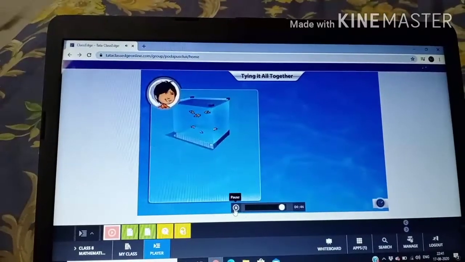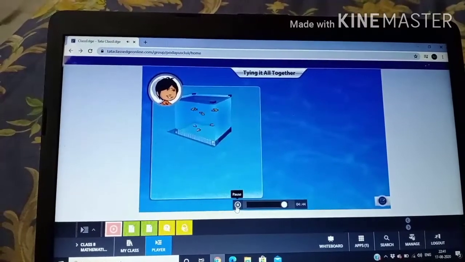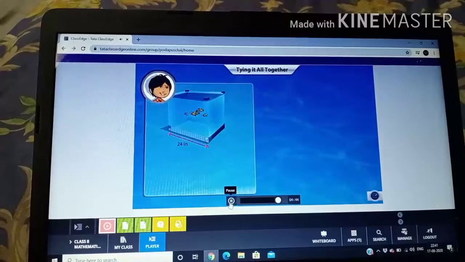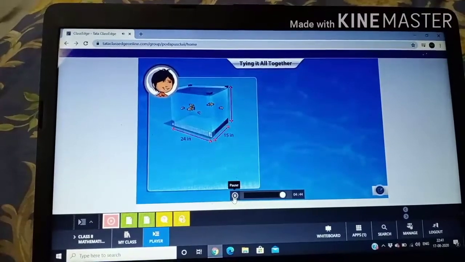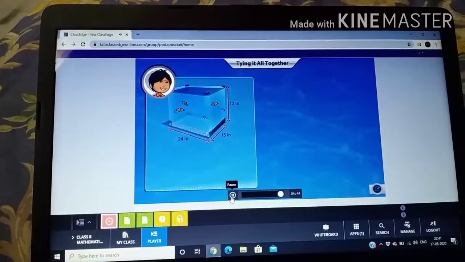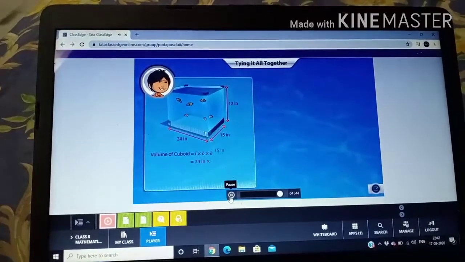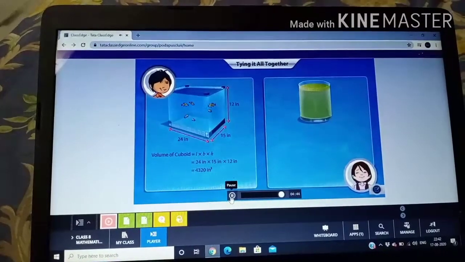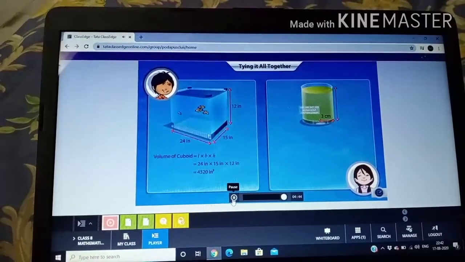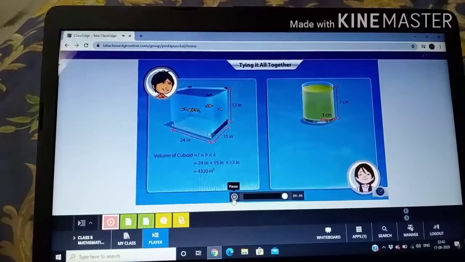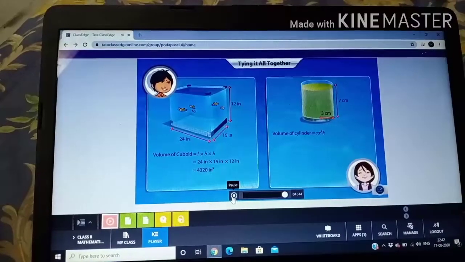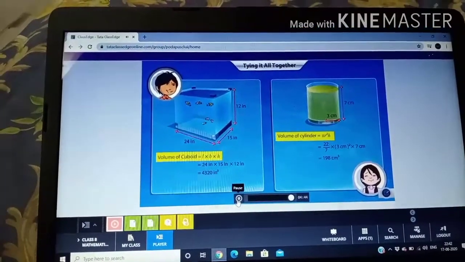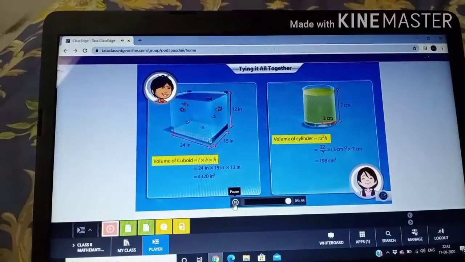How to find the volume of a cuboid and a cylinder? We can help Rahul and Priya solve their problems. Rahul's fish tank measures 24 inches in length, 15 inches in breadth, and 12 inches in height. So, we can find its volume by multiplying all three of them as shown. Priya's lemonade can has a base radius of 3 centimeters and a height of 7 centimeters. So, we can find its volume by applying the formula as shown. You can apply these formulae to calculate the volume of objects in day-to-day life.